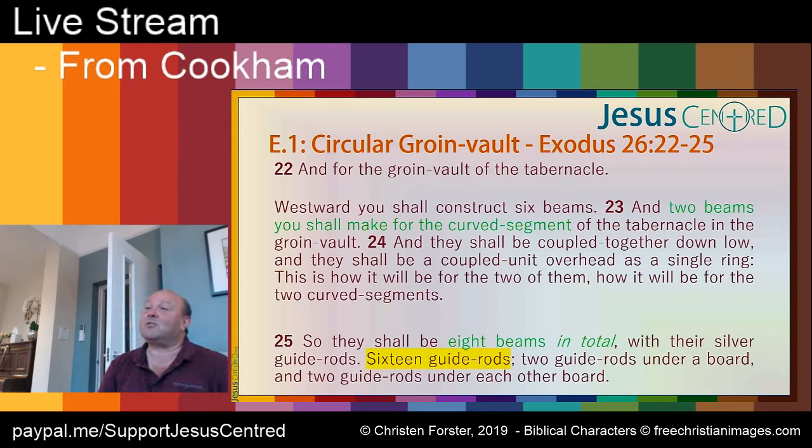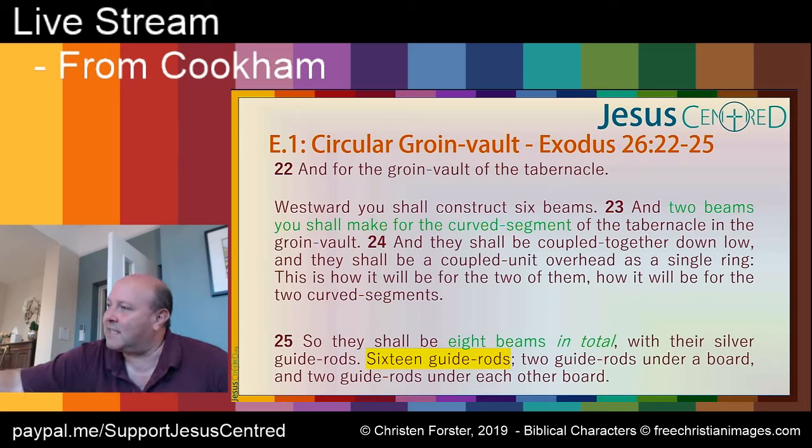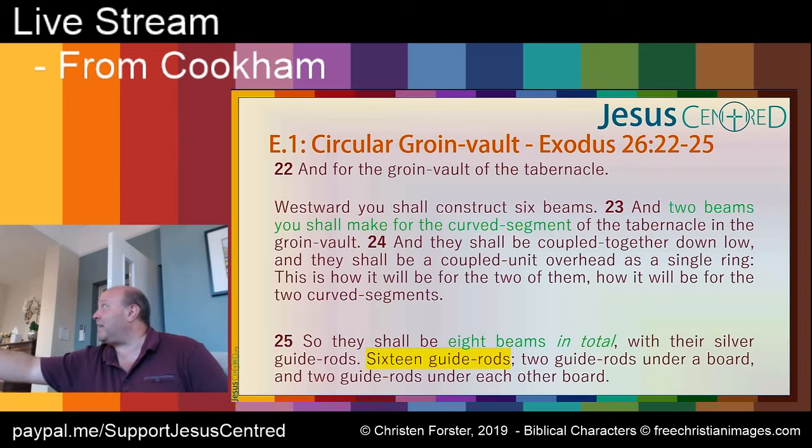Sorry, they talk about the boards to the west, or the back of the tabernacle, and the word west is used. But remember again, as we said, once you start to realise that everything is described from a point of origin, which is on the east side, west doesn't necessarily mean we think of the centre of the thing, and then we'd say west or east. Actually, this is the eastern edge, and everything is west from there. So it basically tells them to construct the thing from the west of the point of origin, and it describes something which they refer to as the back wall.